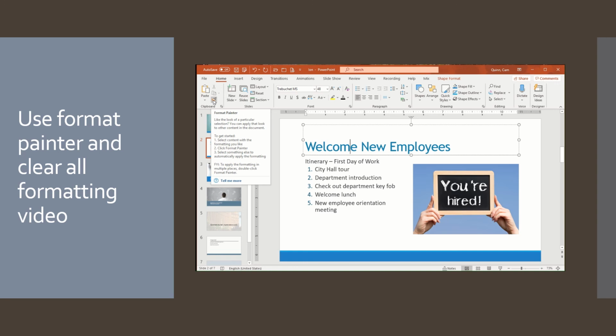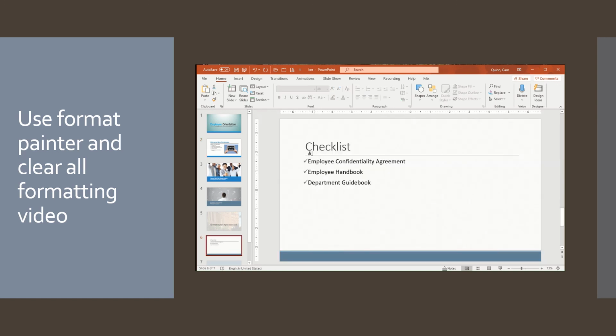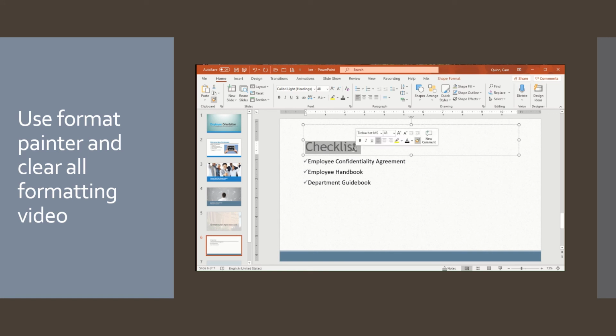So if you click once on Format Painter, then as soon as you apply that Format Painter, it'll turn itself off. If I click twice on the Format Painter icon, then those formats will remain and I can apply them in numerous locations. So I'm going to double click the Format Painter. You can see my cursor changes to the insertion bar with a little paintbrush beside it. So now wherever I go and whatever I highlight is going to adopt the formats that I have selected. On slide 4,